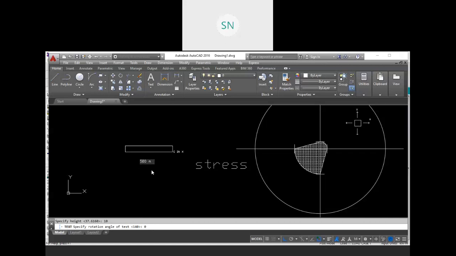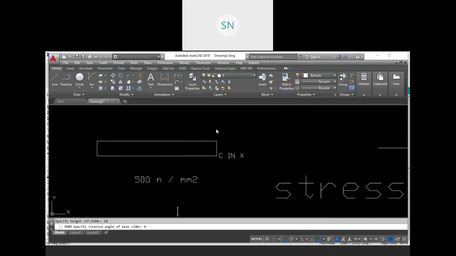So when we analyze this, we get a result that we are generating 500 Newton per mm square.